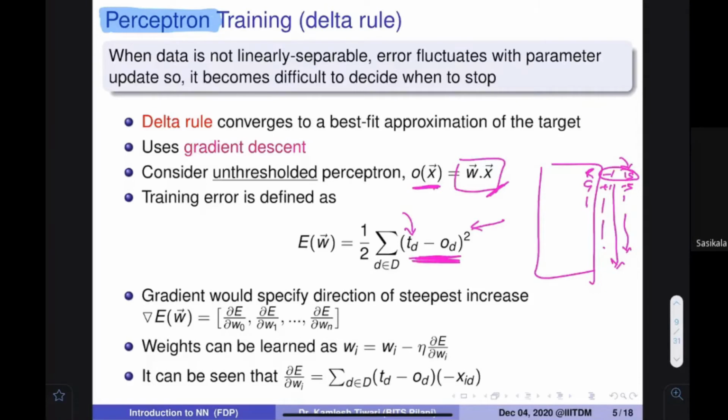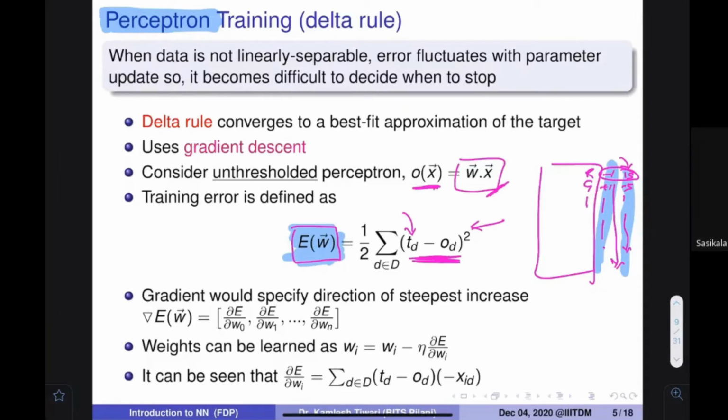And now this term I'm going to call an error, this is the error that I have, and now I want this error to be smaller. In what case would this error be smaller? This error would be smaller if the value my system is producing is the same as the value that is expected to be output. This part is clear?